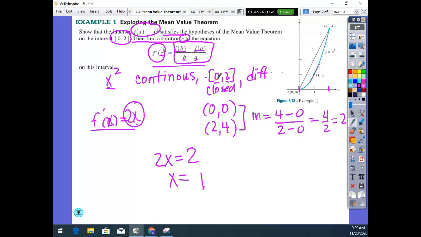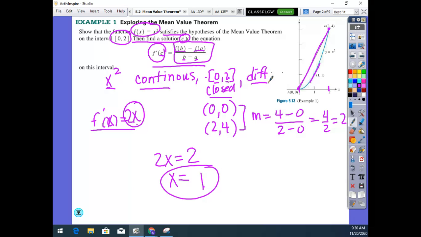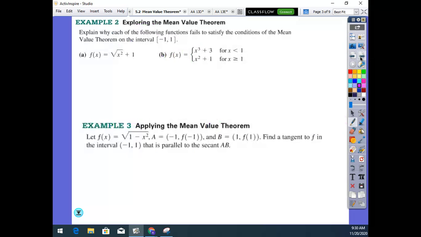So if I look from 0 to 2, this is the slope of these two endpoints. When x is 1, the slope of the tangent line is parallel to the slope of the endpoints. But when it asks you if it satisfies the hypothesis, continuous, closed, differentiable, that's what they want you to address. Okay, so